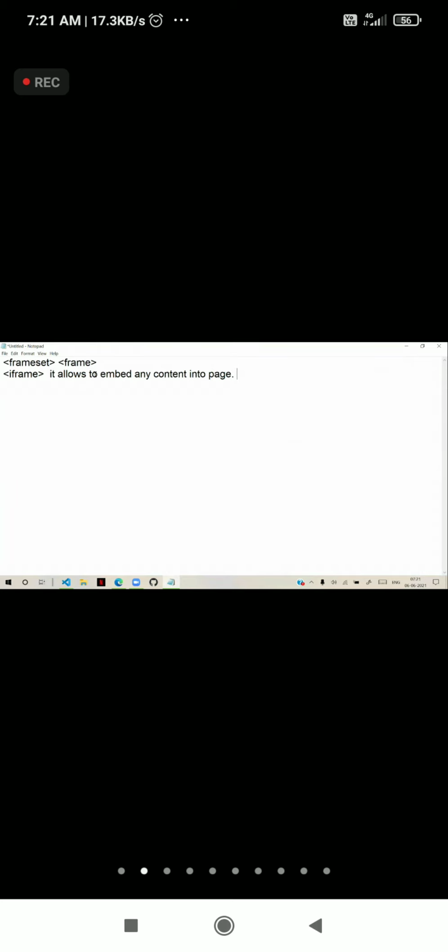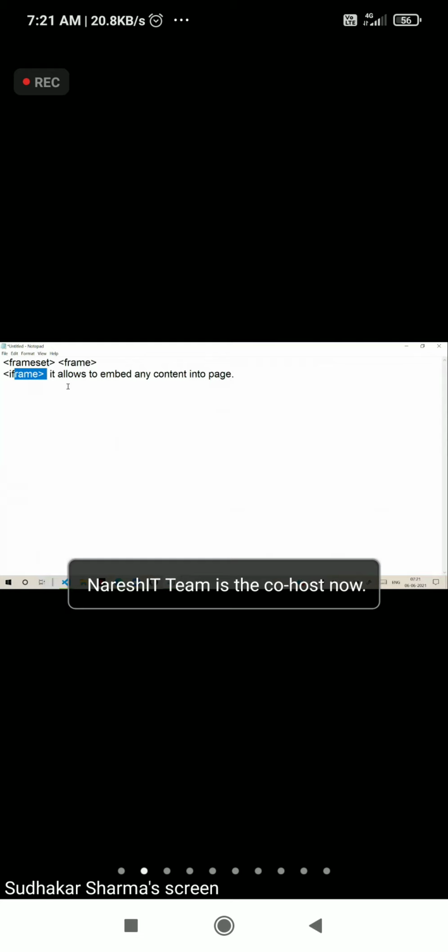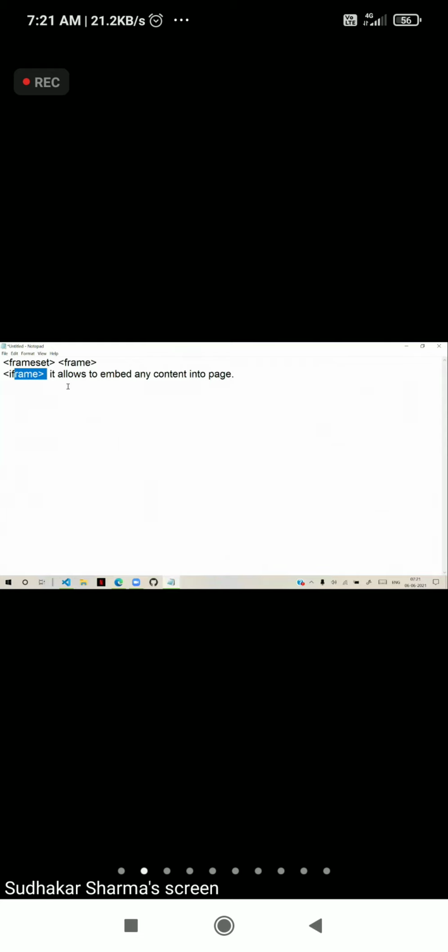So by using iframe, you can bring any other content and display it in the current page. Let's see how this iframe works. Mostly while working with links, we can use this iframe. In real-world projects, iframe is used to embed a lot of external content.